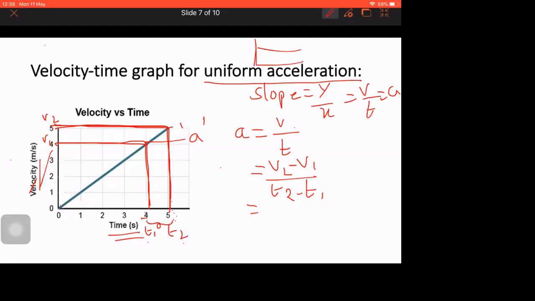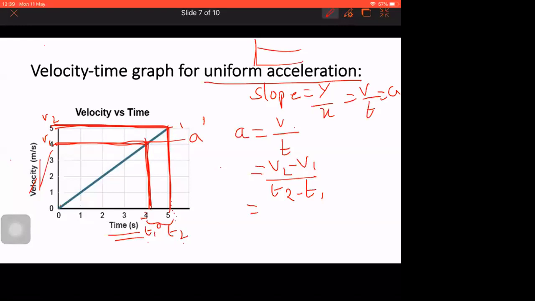I'll put it more simply, because acceleration is change in velocity. I am asking you what is the change in velocity between 4 to 5 seconds. Whenever I'm asking change in velocity, it should be from a particular time to a particular time. For the time T1, I'm going to the top and joining it to the velocity axis. In the same way from 5 seconds, I'm joining to the velocity axis. So now what is the change in velocity? V2 minus V1, the final velocity minus initial velocity.